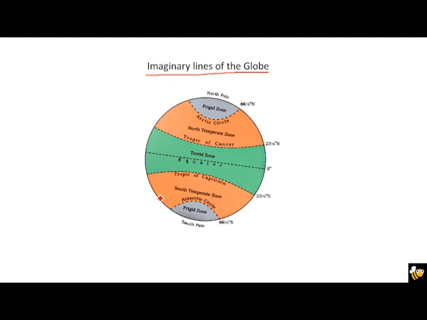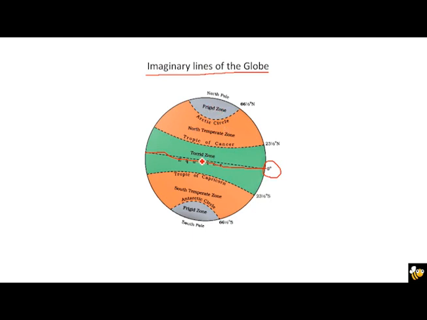So let's start. See, in the middle we have the equator, and it is at 0 degree. Okay. And if we go in the northward direction,